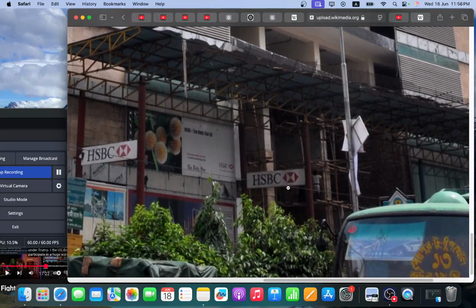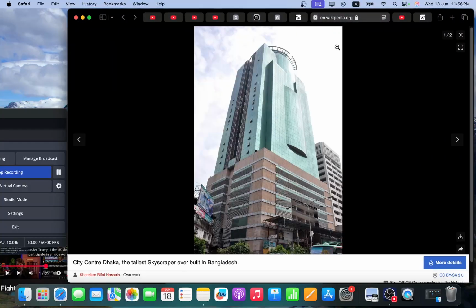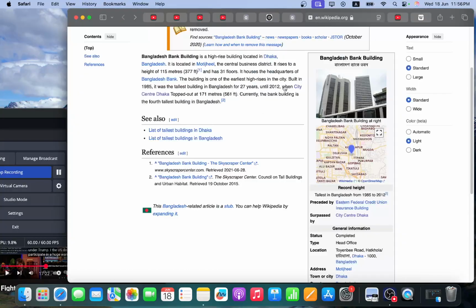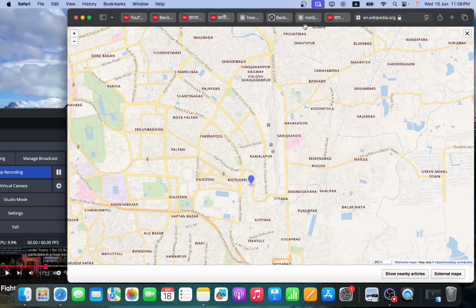Where is it though? Have I seen the City Center? I don't think I did. So this is it, and where is it? Motijheel. So where would that be? Motijheel would be